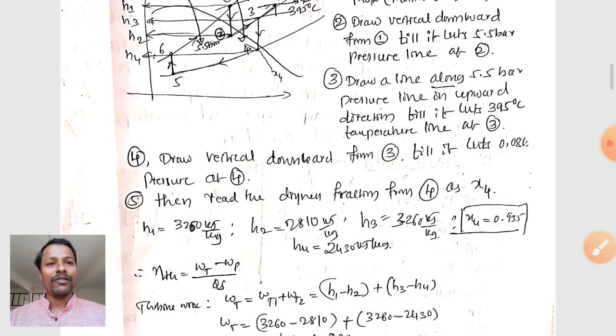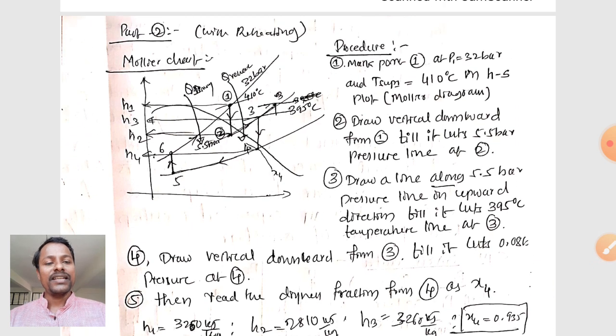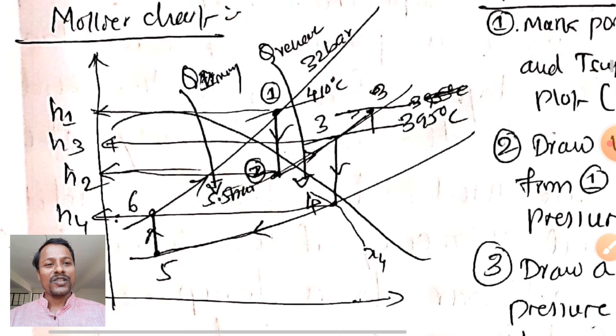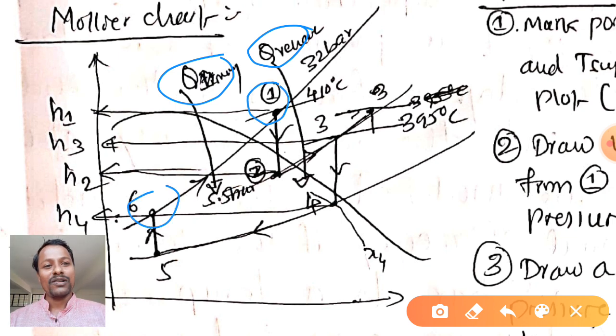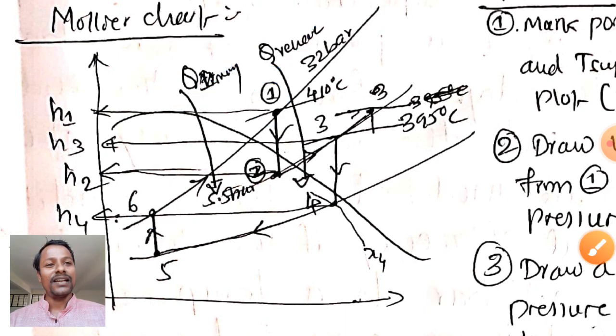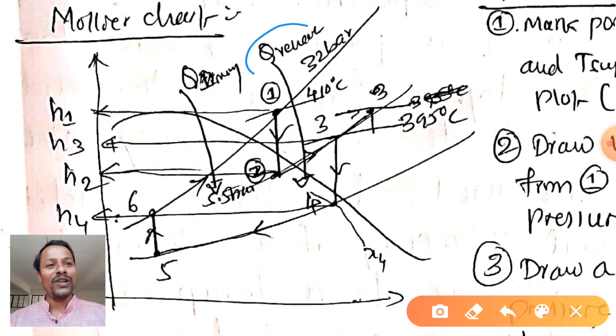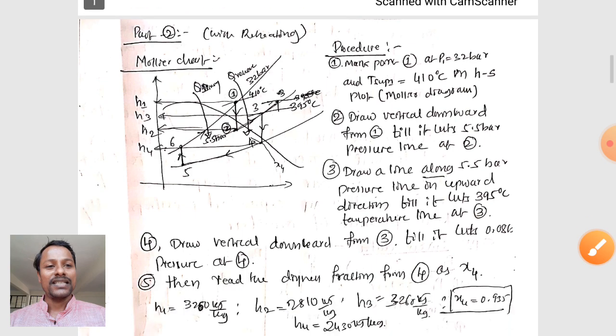In the reheat cycle we supply the heat in 2 processes. The first process is between 6 and 1, that is the primary heat supply, and the second process is the reheating process. So we write the formula as H1 minus Hf6, which is also equal to Hf5. H1 minus Hf5 can be written for Q primary. For Q reheat, this is nothing but enthalpy at state 3 minus enthalpy at state 2. From the theory we know all these points, it is just a review for you.